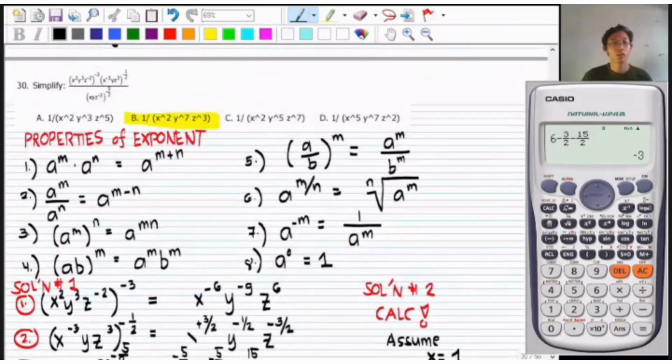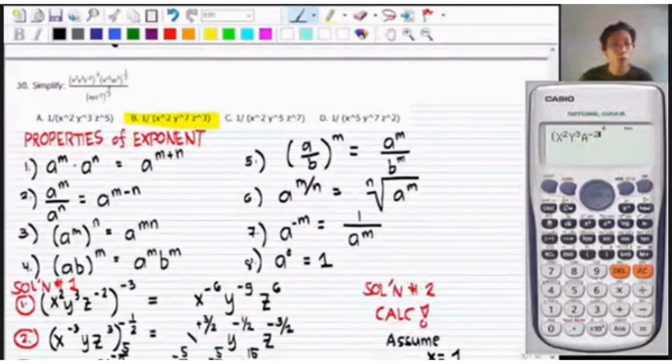Okay, try natin kung gagana yan. x squared y cubed z, palitan lang natin ng a raised to negative 2. Tama ba? Then, raised to negative 3 times x raised to negative 3